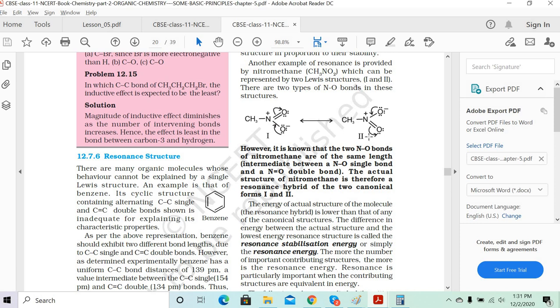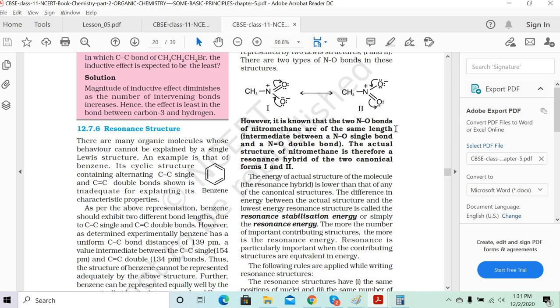Whatever is happening with the double bond in the first oxygen atom can happen to the second oxygen atom also. Whatever is happening with the negative charge on one oxygen atom can happen to the other oxygen atom also. So again they are the resonance hybrid now. Correct? Got it now? Clear?